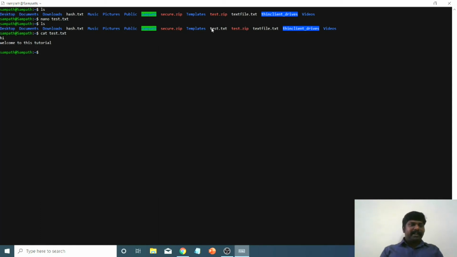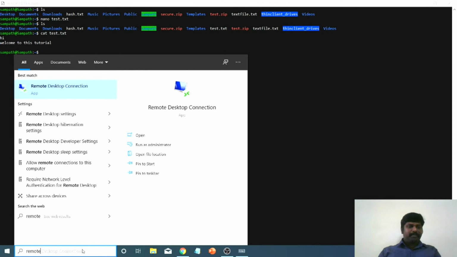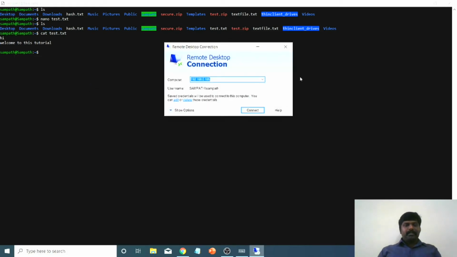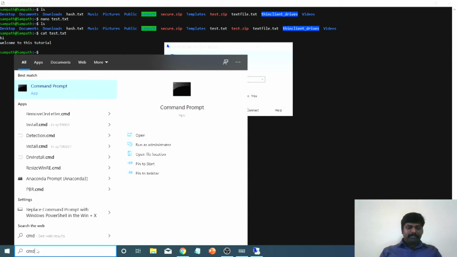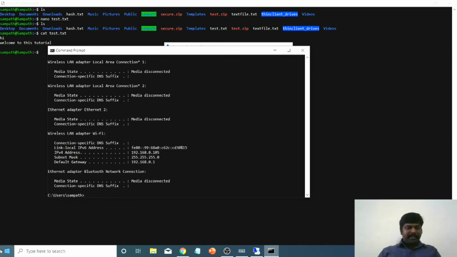Suppose we wanted to get that also, there are some other features where you can enable a remote desktop function. This application is already present by default in our Windows 10 operating system, you can click on it. Here I need to enter the IP address of the computer. I need to give my IP, which can be found from your command prompt by typing ipconfig.